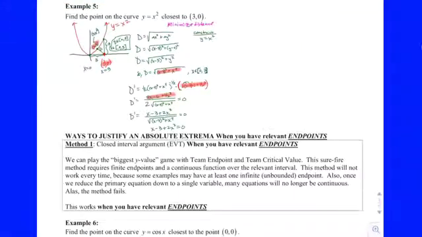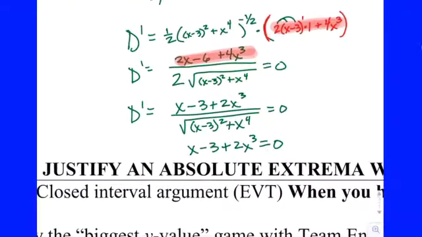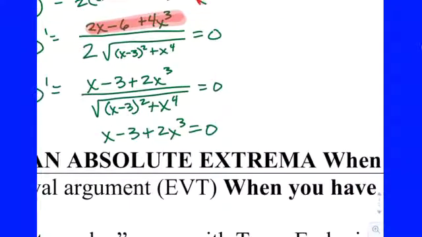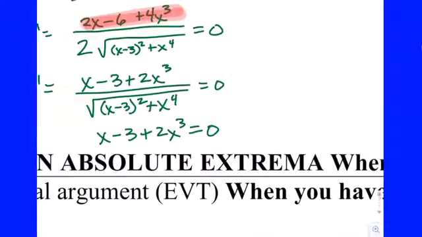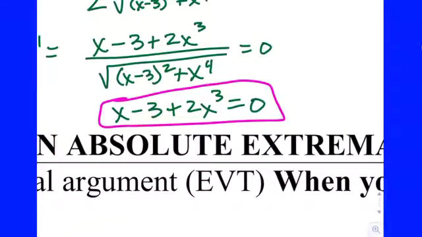Okay, so finishing up this problem here, we need to find the critical values. So we set the derivative equal to 0 for these optimizations. We don't want the D and E ones. And we end up with this cubic polynomial right here. Now, that seems like it's going to be very, very hard to solve without a calculator because it doesn't factor